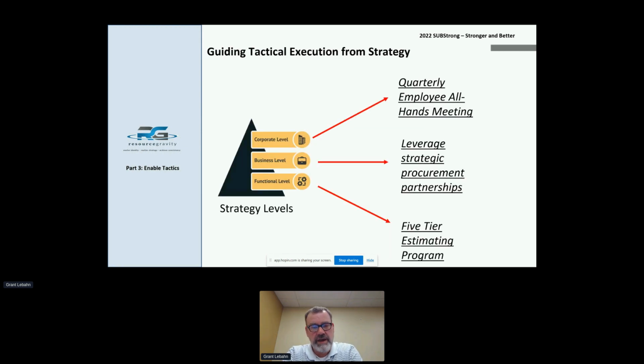So if I haven't hammered it home enough here, the guide would look like this. A couple of other ideas about tactics at these different strategy levels, bringing that thought process back from the strategy discussion we had yesterday, all the way into how it can apply. At a corporate level, another idea, a guide could be, in order to create this environment of clarity, a quarterly